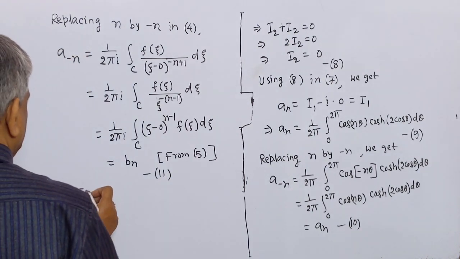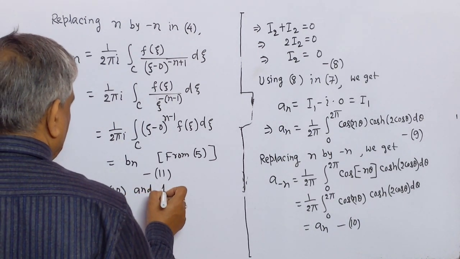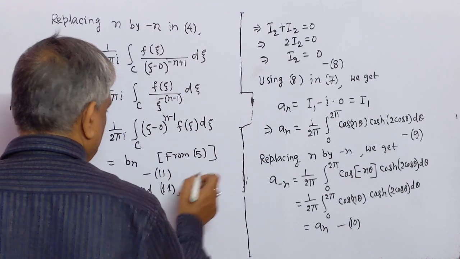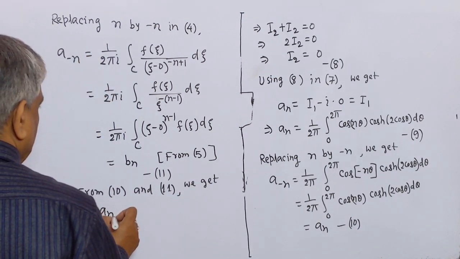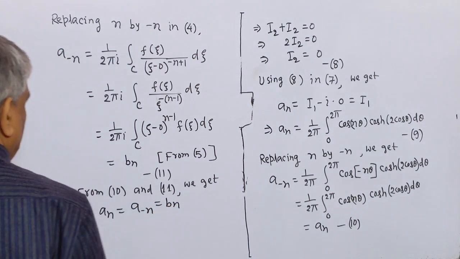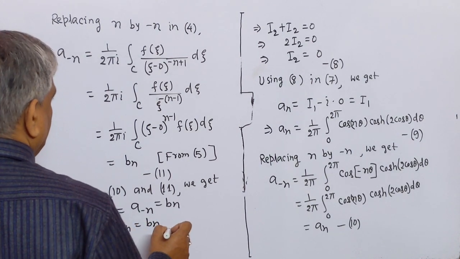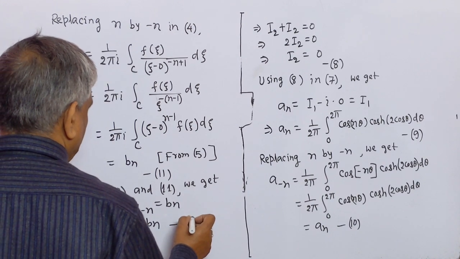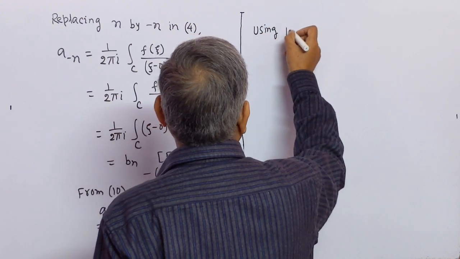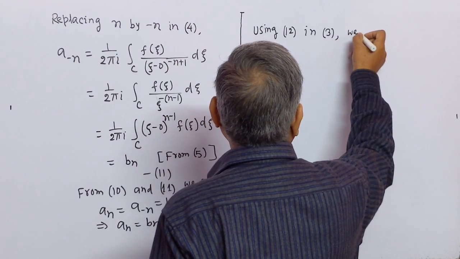From 10 and 11 we get an equal to a minus n equal to bn, which implies that an equal to bn. This is number 12. Using 12 in 3 we get